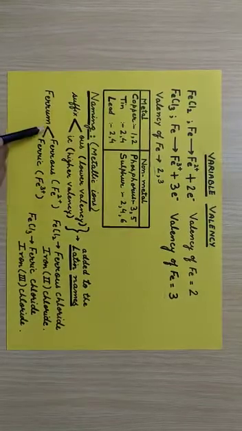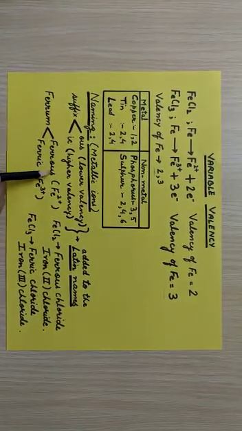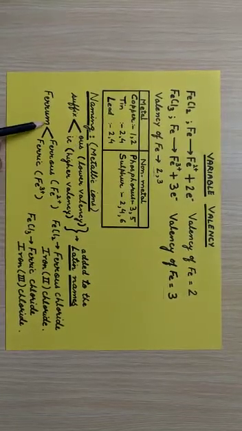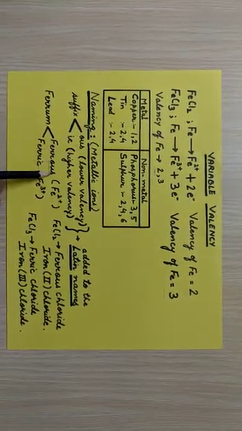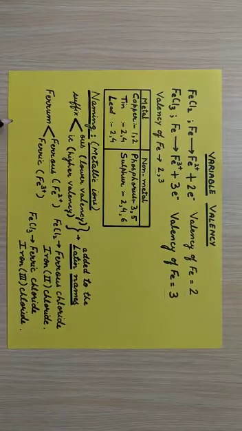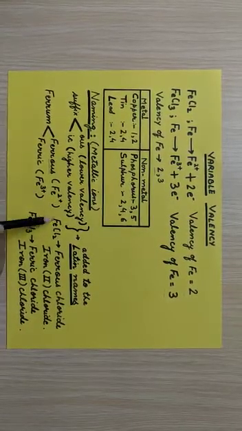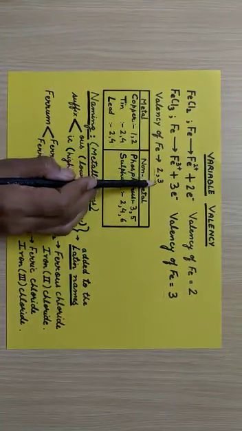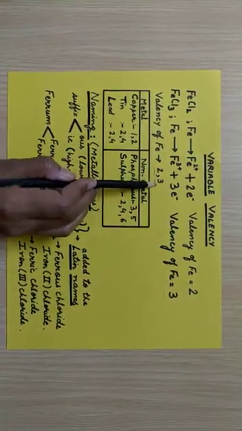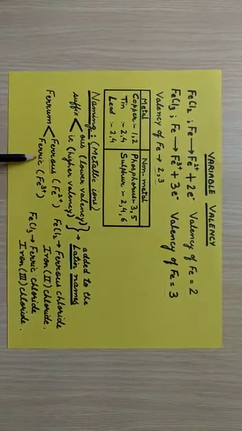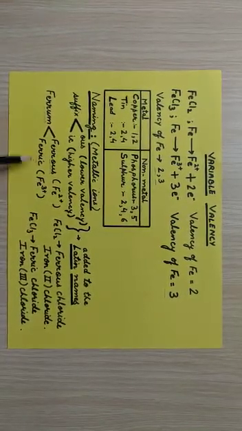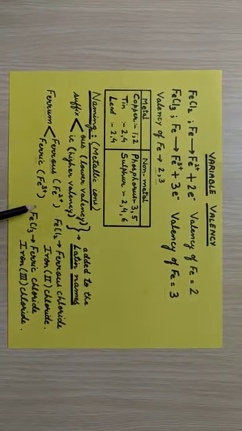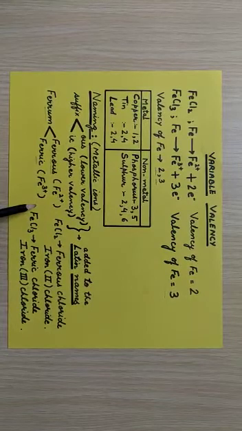Now among 2 and 3, what is the lower valency of iron? 2. That means when iron shows a valency of 2, we will add the suffix OUS. So ferrum becomes ferrous by adding OUS as a suffix, in case it shows a valency of 2. Then when iron shows a valency of 3, that is the higher valency, a suffix IC is added and ferrum becomes ferric. Now how can we name a compound by using these kinds of suffixes?